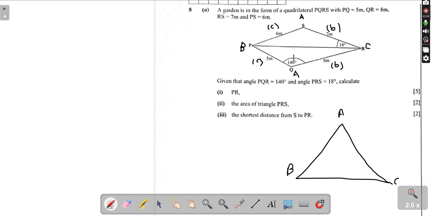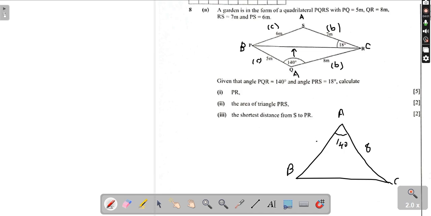For the first question here, you should be able to identify what type of rule you're applying. Is it the sine rule or is it the cosine rule? Now I'm going to explain this. Whenever you have an angle in between two given sides and you are told to calculate the side that is directly opposite to the given angle, I want you to get me correctly. If you have an angle given, like we've been given here 140,